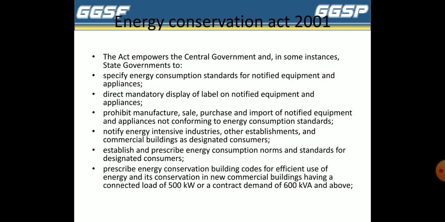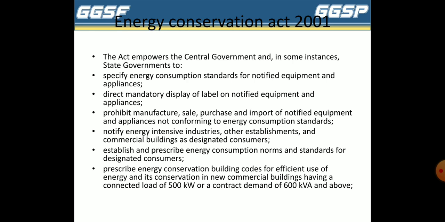Energy Conservation Act 2001. The Act empowers the central government and in some instances the state government to specify the energy consumption standards for the notified equipment and appliances, direct mandatory display of label on notified equipment and appliances, prohibit manufacture, sale, purchase and import of notified equipment and appliances not conforming to energy consumption standards, notify energy intensive industries or other establishments